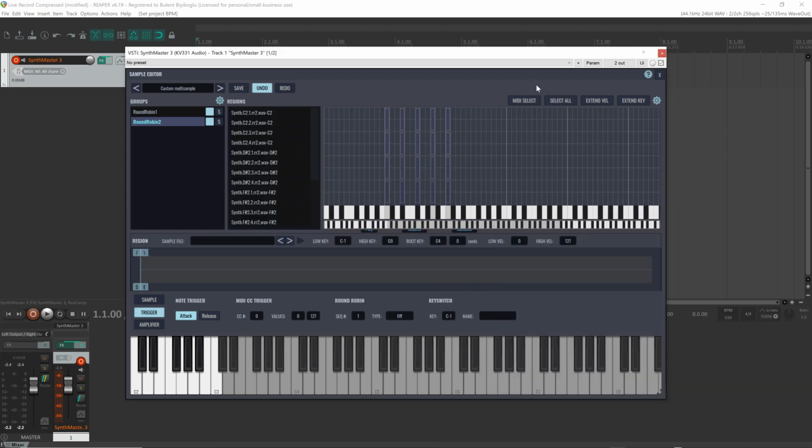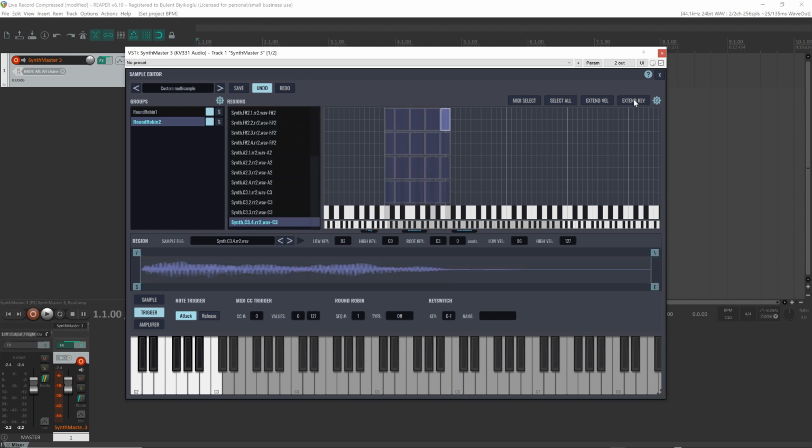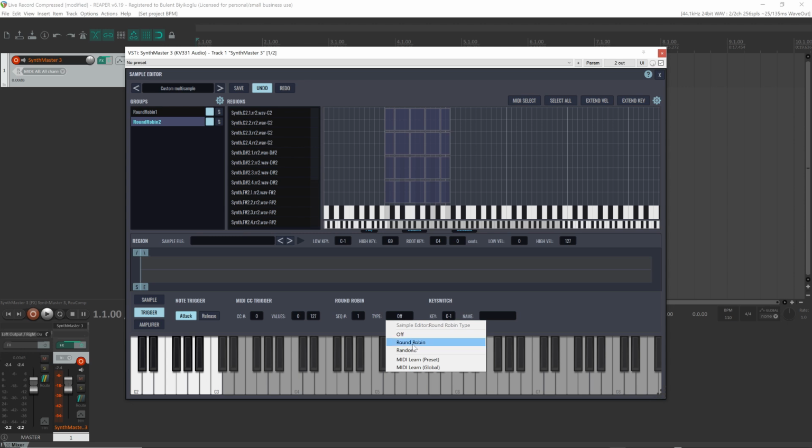Again, I will select all, extend keys. And for this group, I will turn on round robin again, just like the first group. But this time, I'm going to change the sequence number to 2. So when I play a key,